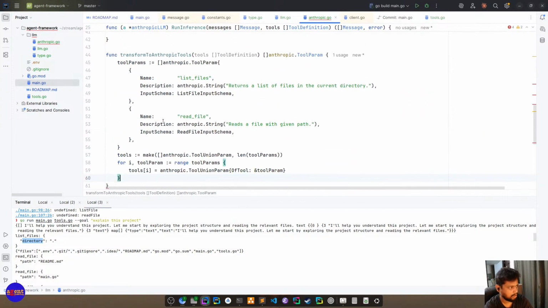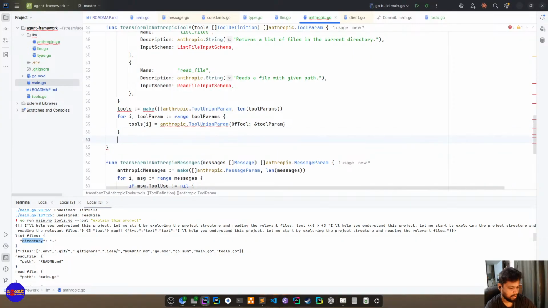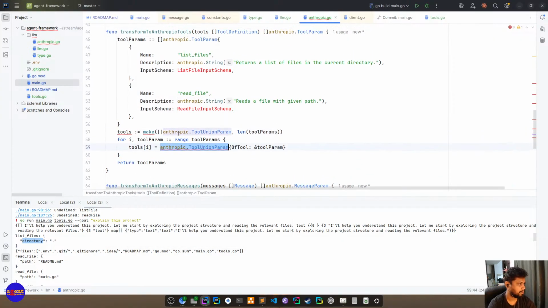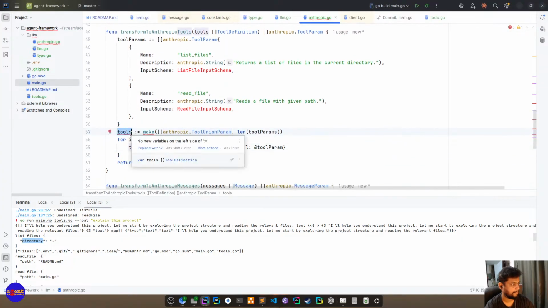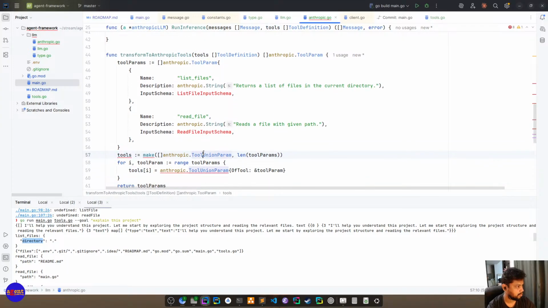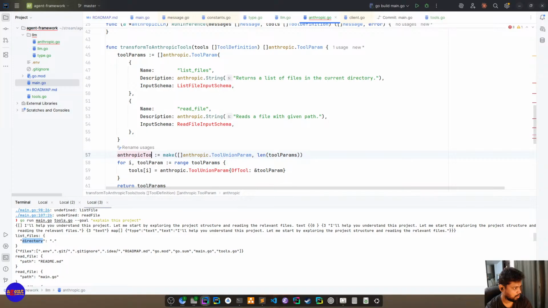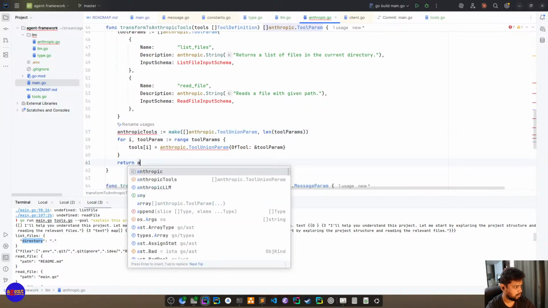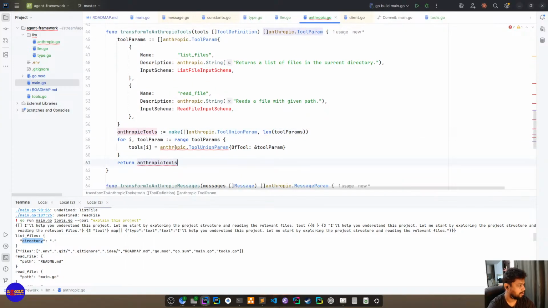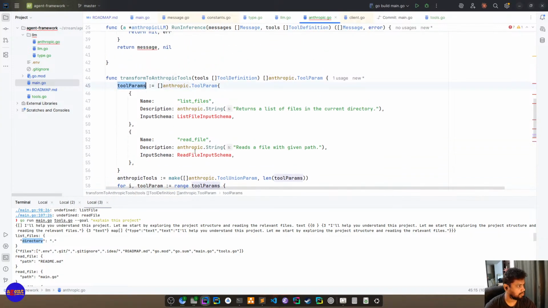Okay, paste params. Okay, we have a union type. Right.